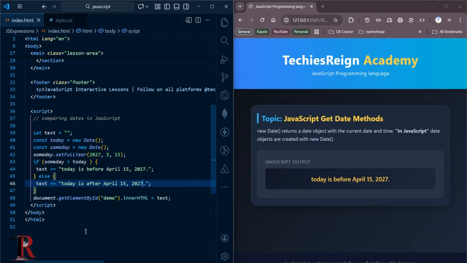So we've talked about how you can set hours, how you can set minutes and seconds, and how you can compare dates. In the next lesson, we'll continue to take a look at other aspects of setDate methods in